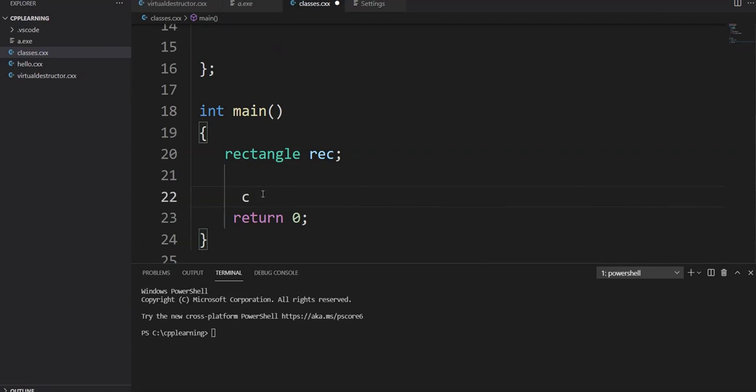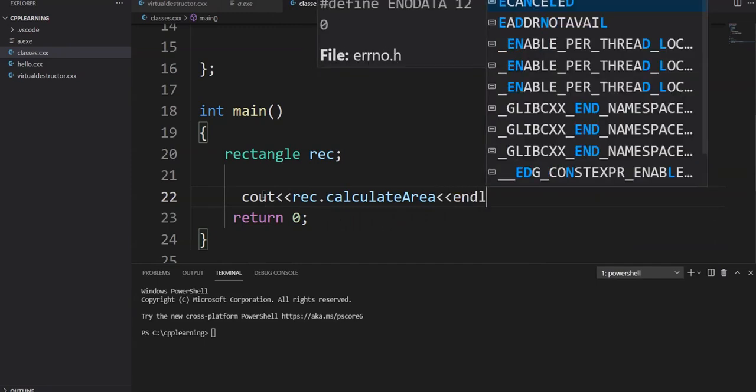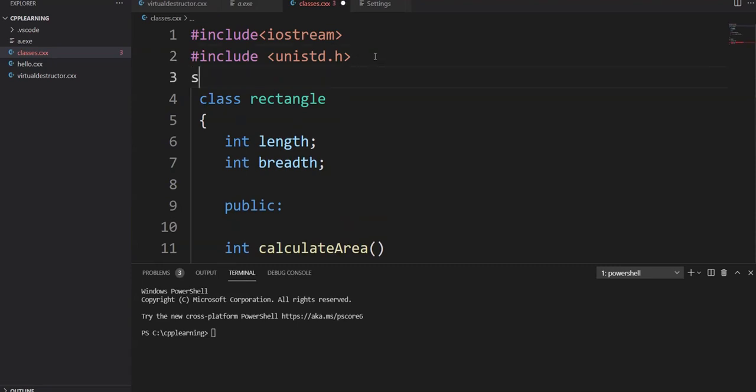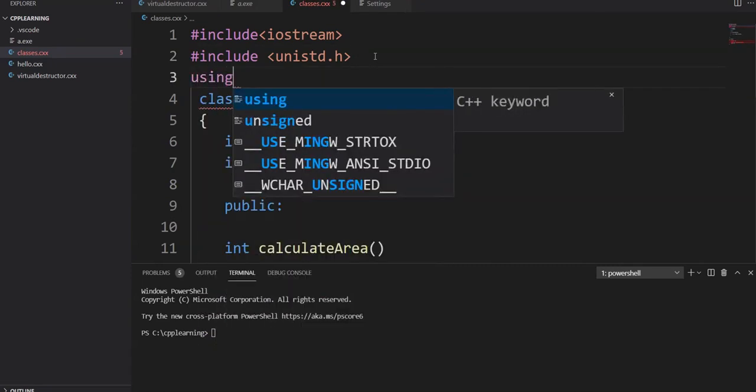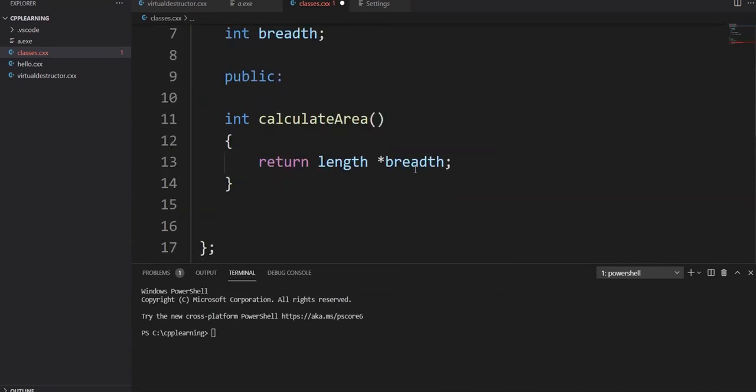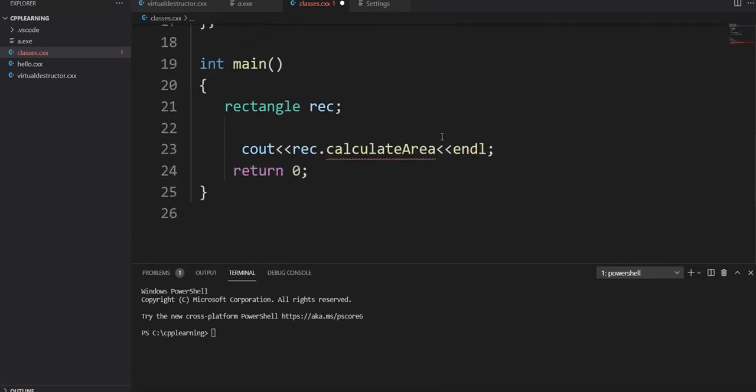Let's calculate its area. Let's compile our program.